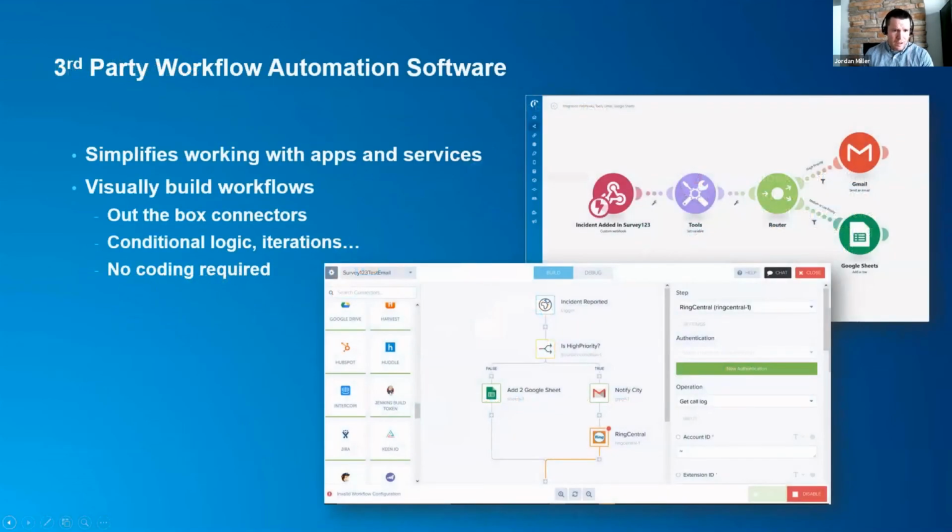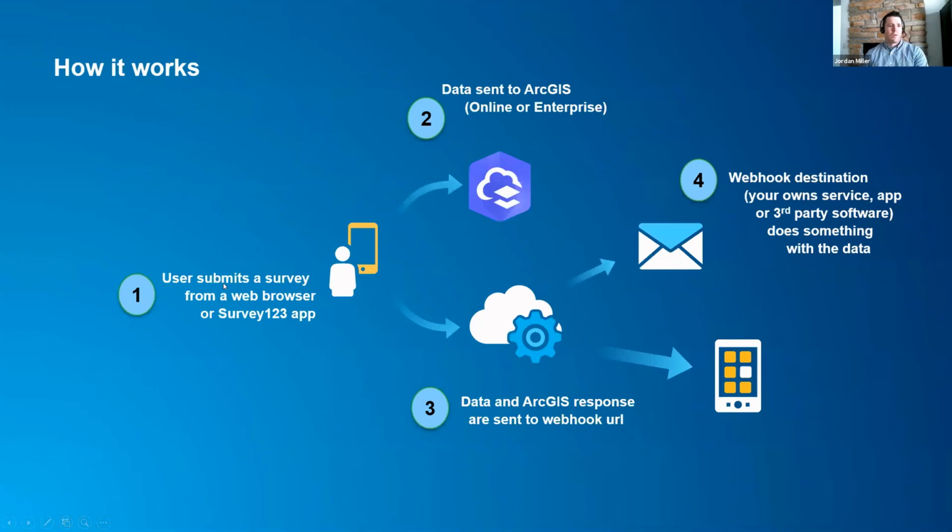We're just going to take a look at this animation. What would happen if you just want to conceptually think through this? Since we're using web services with Survey123, we're already hooked up to the web as it is. So we can start to pick up on some of these tools and execute upon them. A user would submit a survey from the web browser or the Survey123 app on their phone. That data is then initiated and sent to either ArcGIS Online or Enterprise via the web. But what is also happening is whatever webhook